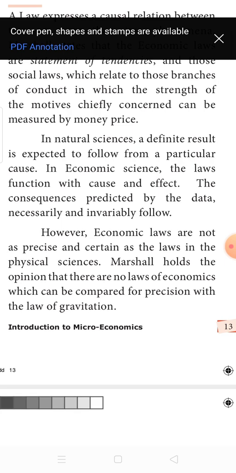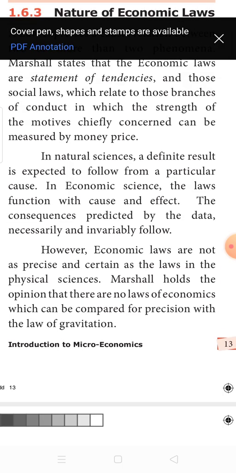Law of gravitation. When a ball is thrown up, Newton's first law, when an apple is thrown up, it falls down. That is how he was able to propound the law of gravitation. When a body is thrown up, because of the gravitational pull, it falls down. Is there fact in this? 100% there is fact in this, and it is very clear. Where there is no gravity, the object stays in the place where it is thrown. Just because of the gravitational pull of the earth, an object which is thrown up falls down.